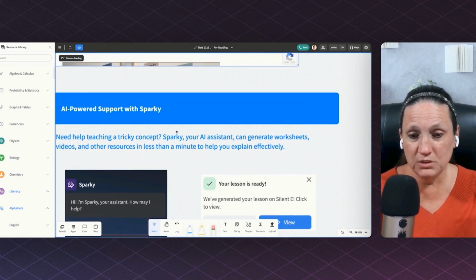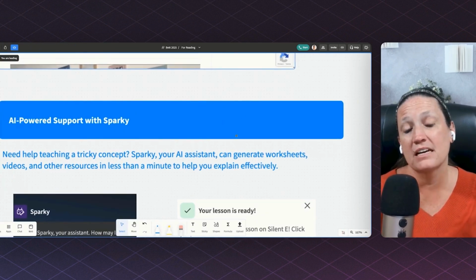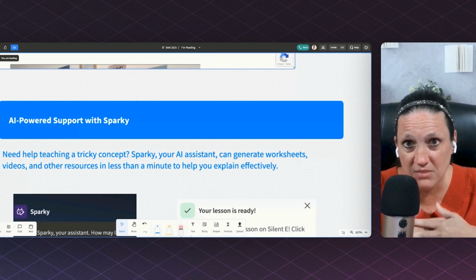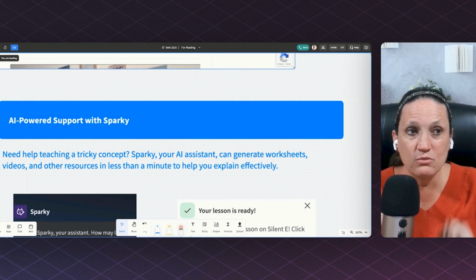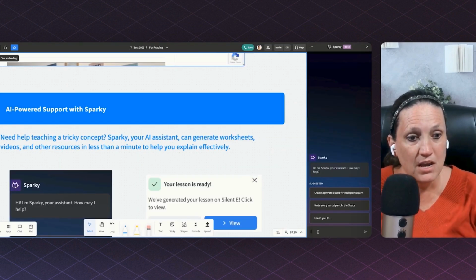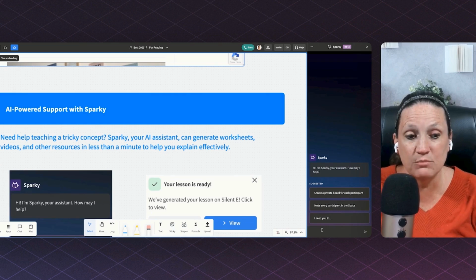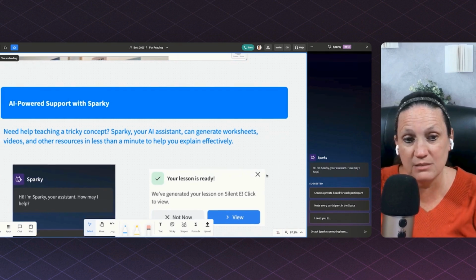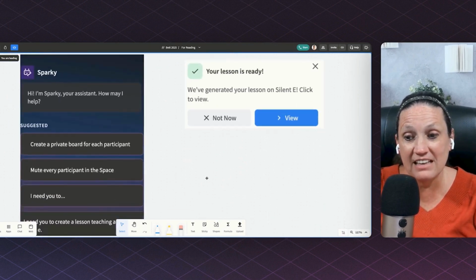But one of the really coolest aspects that does not exist in any other platform yet is if I have a student who is trying to learn a specific concept and I am at a loss, how can I teach this? I can go to Sparky. He's right on over here, and I can actually type in for him to give me ideas for teaching a specific concept. And then he will create a lesson plan for me. It takes about 30 to 60 seconds for it to create the lesson plan. And then I just click the view button,